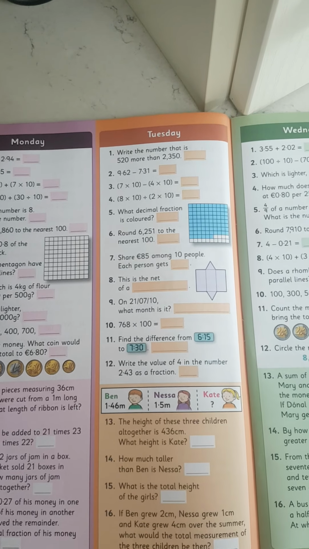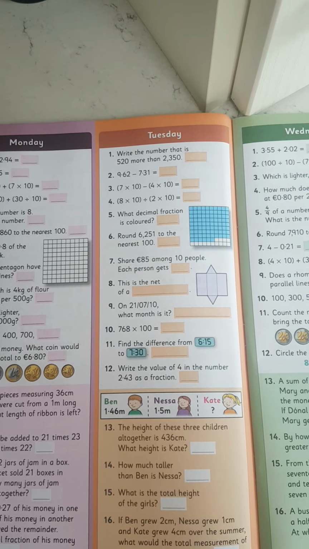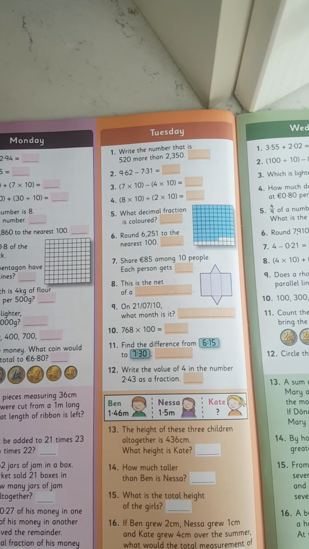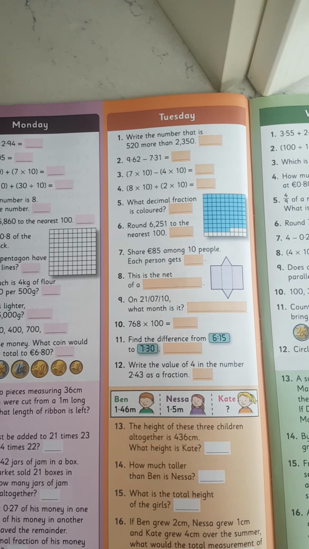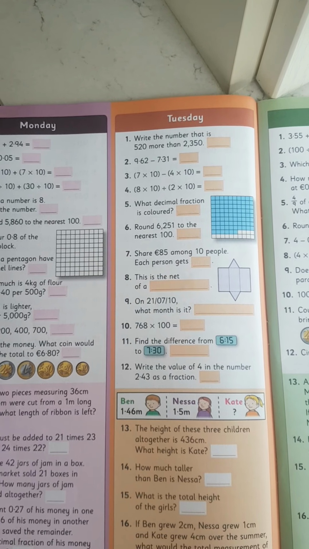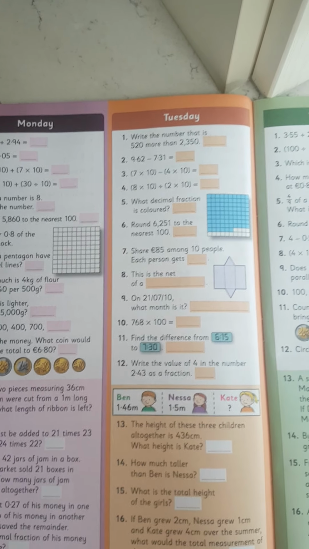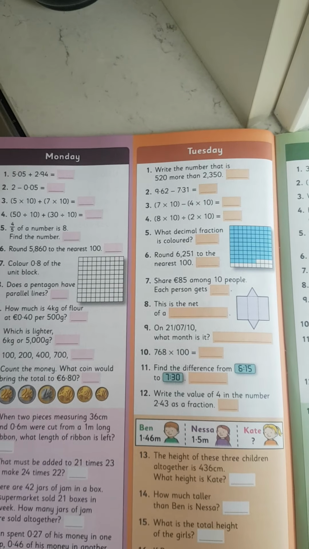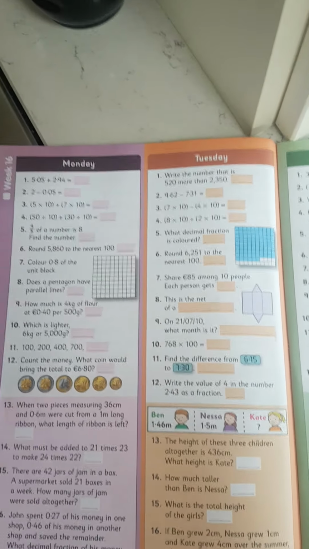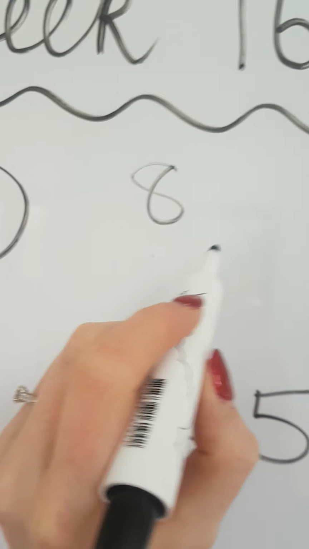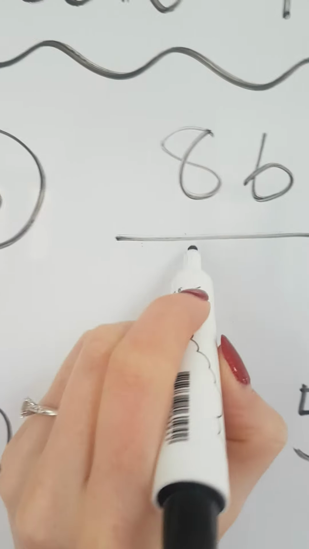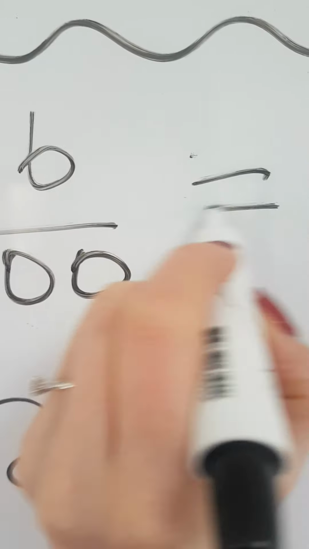Okay, so question 5, what decimal fraction is coloured? So how many out of 100 are coloured? Instead of counting all the blue ones, what I would do is count all the ones that are not coloured. I could see that's 14. So 100 minus 14 would be 86. So it's 86 out of 100. So 86 hundredths would be